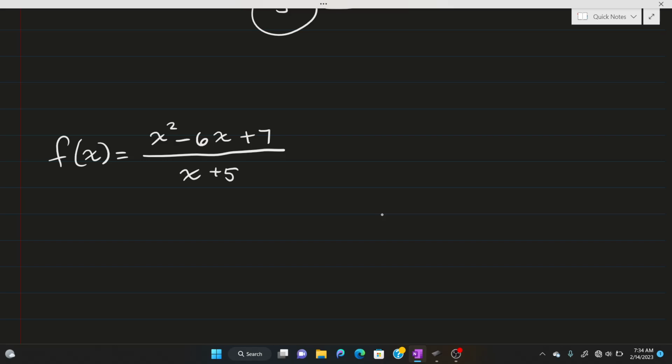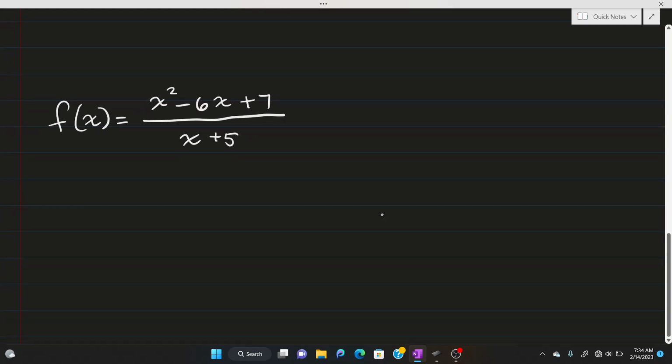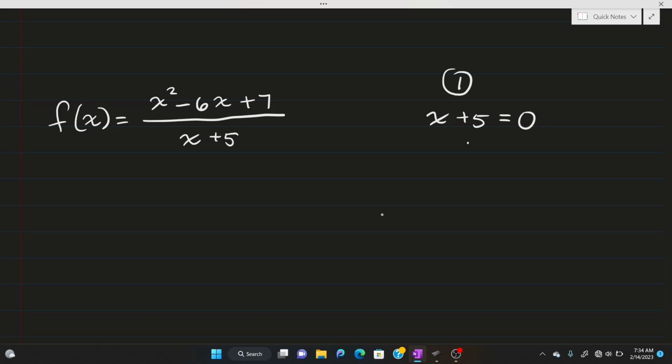So in order to figure out what that linear equation is, I need to do polynomial long division, or I can do synthetic division. And synthetic division is going to be easier. I have a whole video on my channel on how to do that. First thing you want to do is set the denominator equal to 0 and solve for x. So you would subtract 5 from both sides. You get x equals negative 5. You're finding the 0 of the denominator. And then you put that 0